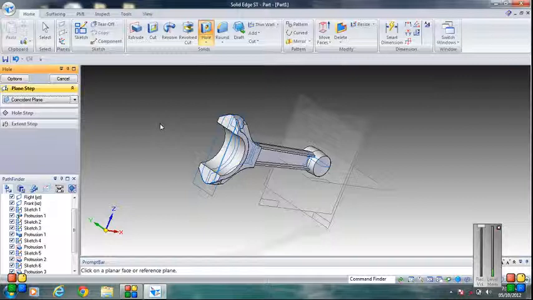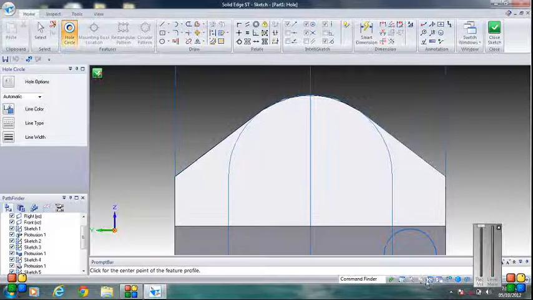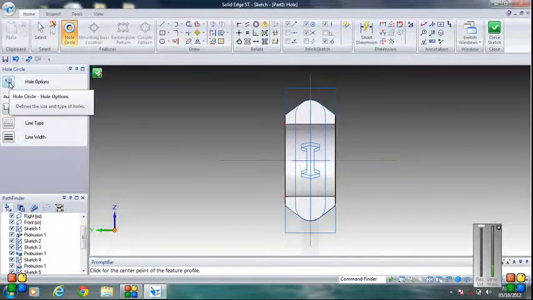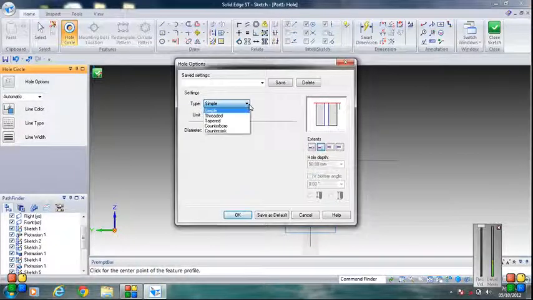Now I want to create a thread. Again go to hole option, click on this, then fit it, go to hole option, it is M10, two holes of M10, D15.